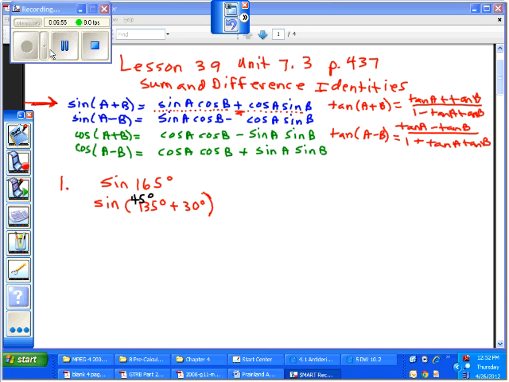Okay, so how do you expand the sine of a sum? Well, we're right back to here again. So we're going to have sine of first, cosine of second, plus cosine of first times sine of second. It goes sine, cosine, cosine, sine, plus, plus. Remember, sine kind of follows a plus, and cosine kind of,